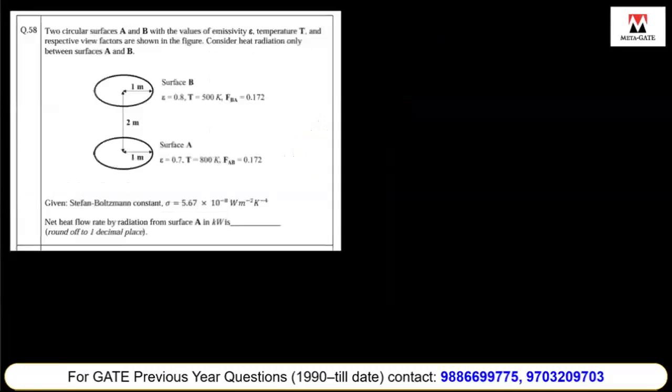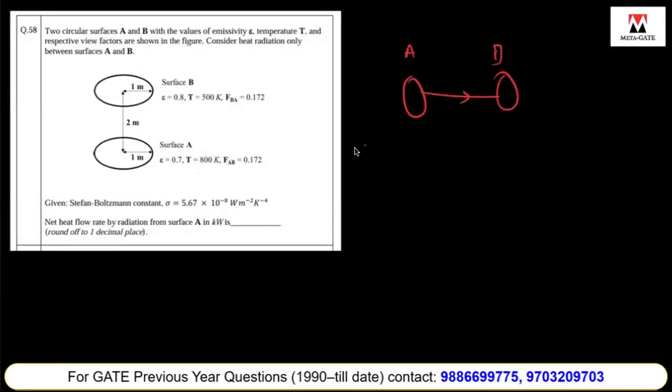The two circular surfaces, A and B, are emissive, with values of emissivity epsilon and temperature T. The view factors are shown in the figure. Consider the heat radiation only between the surfaces 1 and 2, A and B, and the Stefan-Boltzmann constant is given as 5.67 into 10 power minus 8. So if you consider the heat flow between A and B,